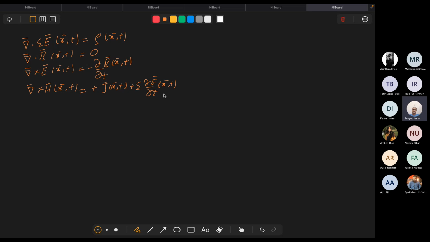Okay, so these are a set of equations, and I call it set A. Now, if we separate the time part, it has both position and time. So if I separate the time part here,